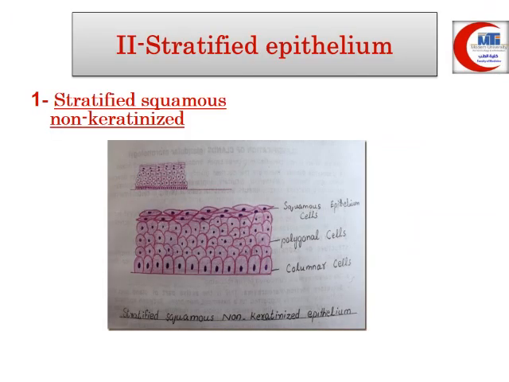The first type of stratified epithelium is called stratified squamous non-keratinized epithelium. This type of epithelium is formed of basal columnar cells, 3 to 4 layers of middle polygonal or polyhedral cells, and finally a top layer of squamous cells. So it is not provided with keratin, and we call it stratified squamous non-keratinized epithelium. It is present in the lining of any tract or tube opening on the surface, for example, the oral